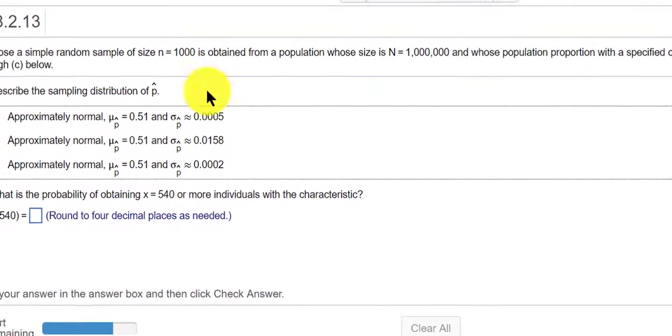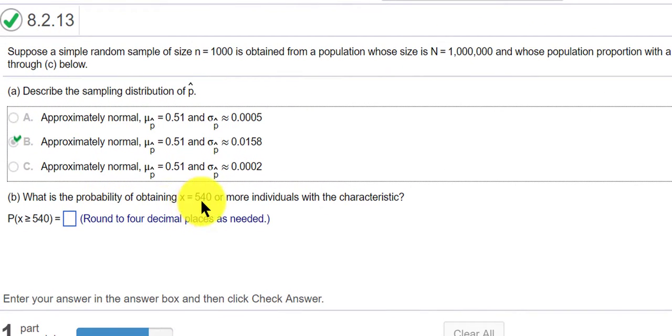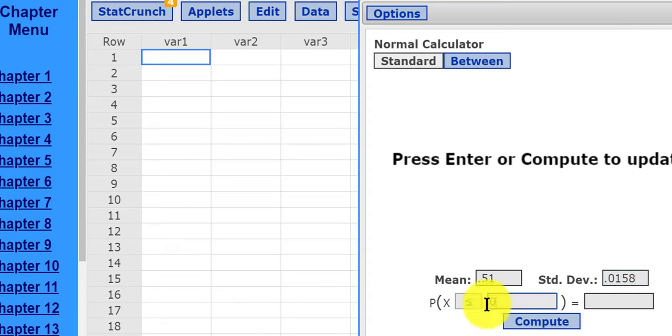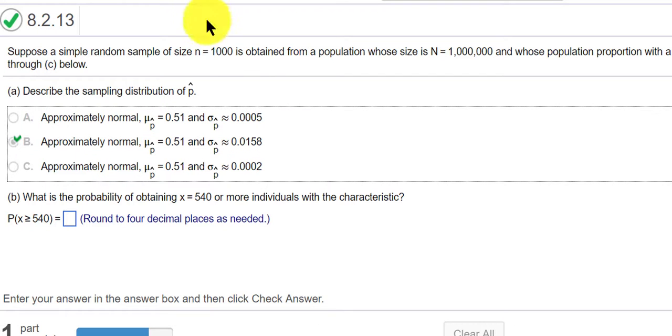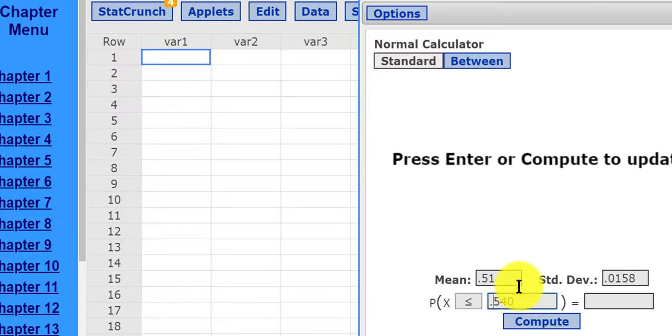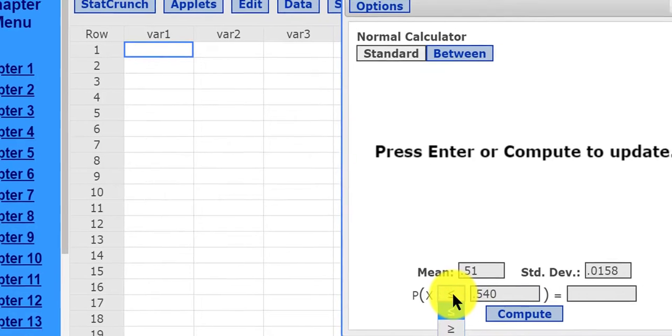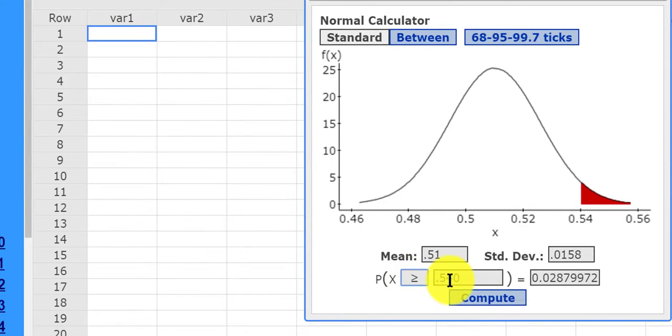And we want to see the probability of 540 or greater, and you have to be careful here. Initially, I was tempted to put in 540, but remember, it's 540 out of 1,000, right? So I put in 0.540, because if I do 540 divided by 1,000, I end up with 0.54, and we want to know greater than or equal to. So here is my probability,